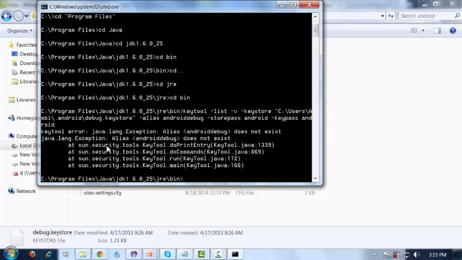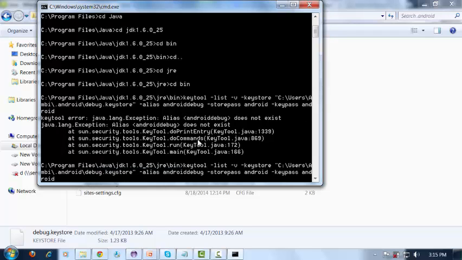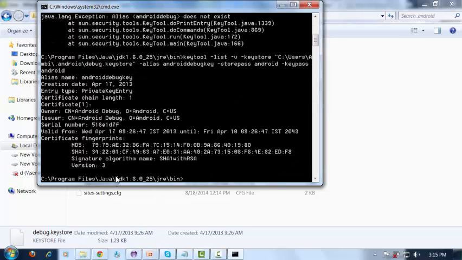it will display here. It is giving an error. Okay, it is saying we have given the wrong alias. I think we have to give it as androiddebugkey. Okay, mention androiddebugkey. Now try again. Okay, so here it is giving